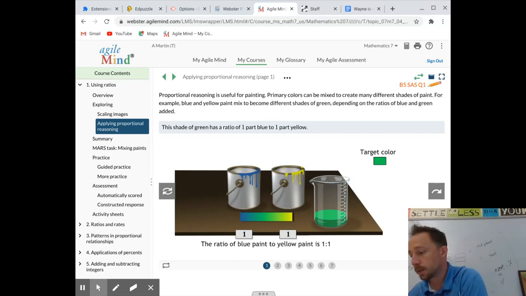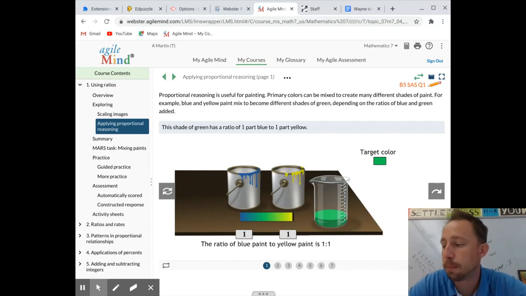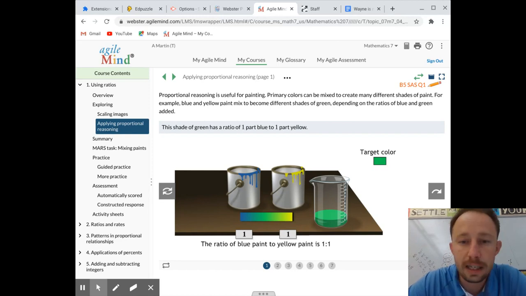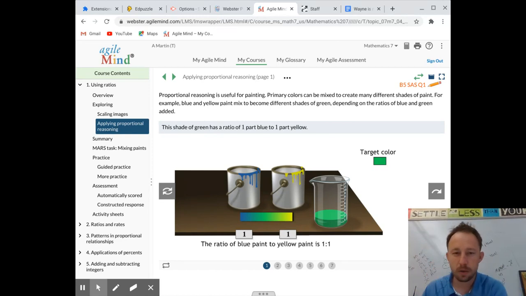Hey, we are going to be applying proportional reasoning in mixing situations. All right. So after today, everybody is going to be able to work at Sherwin-Williams. We're going to be able to mix some paint and make some money. Okay. So for our opening question today,